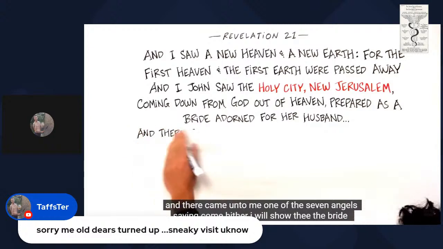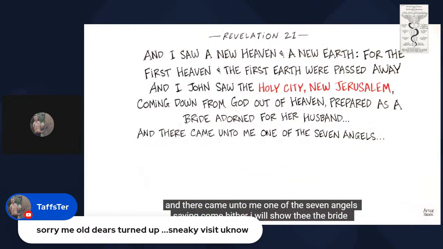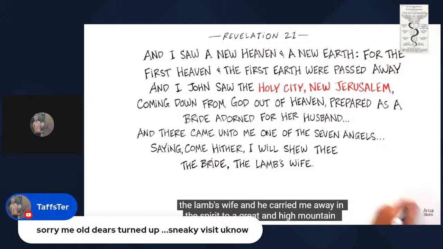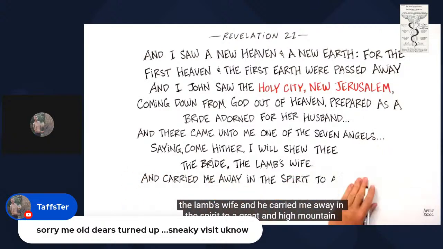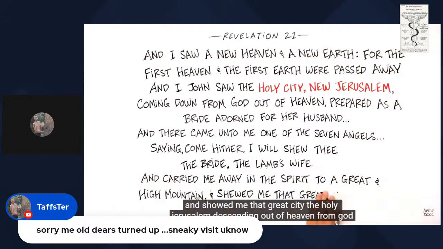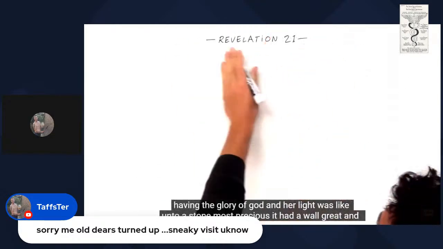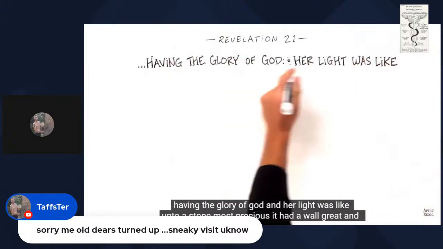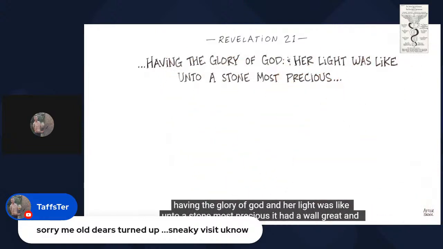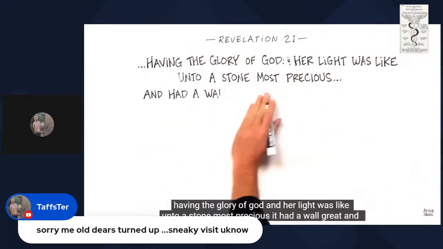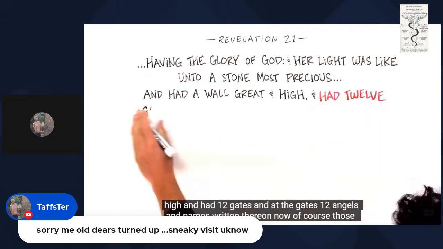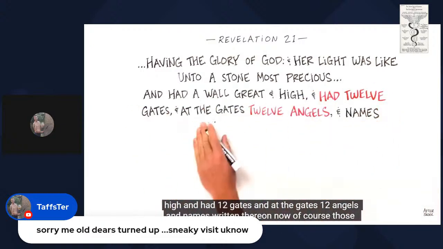And there came unto me one of the seven angels, saying, Come hither, I will show thee the bride, the Lamb's wife. And he carried me away in the spirit to a great and high mountain, and showed me that great city, the holy Jerusalem, descending out of heaven from God, having the glory of God. And her light was like unto a stone most precious. And it had a wall great and high, and had 12 gates, and at the gates 12 angels, and names